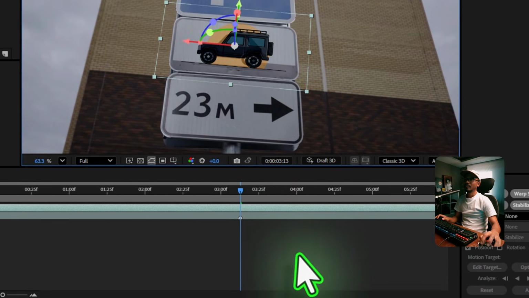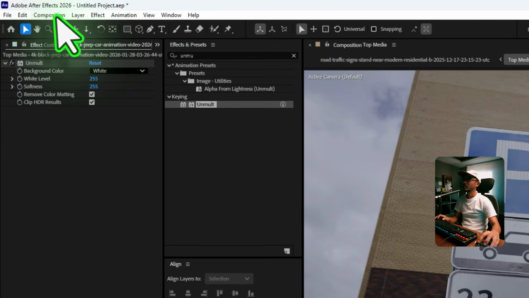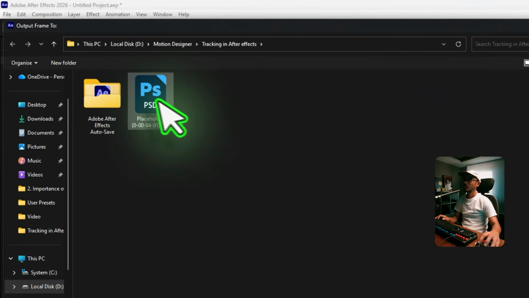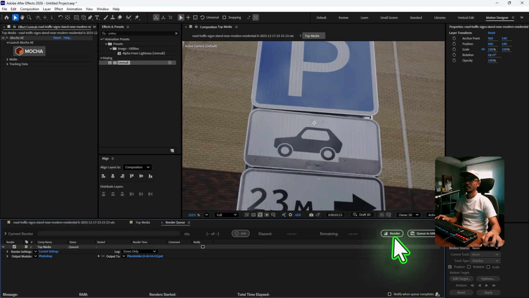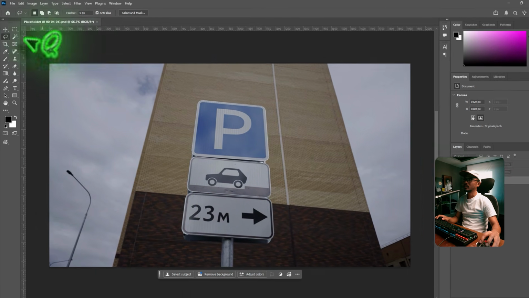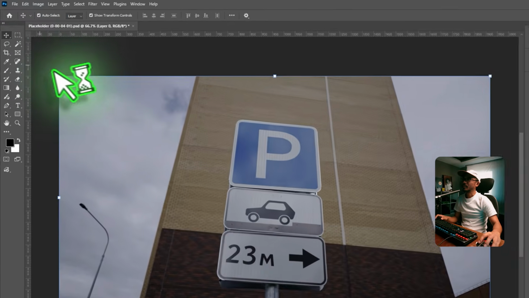All right, and I need to change the background. I need to key out this background, right? So I'm going to save the frame as a Photoshop file, and I will save it here, render. I want to open that up in Photoshop, which is this, and I can just unlock this. So I'm going to grab